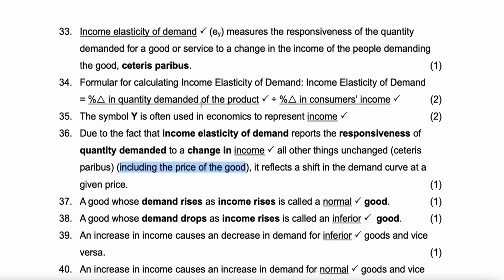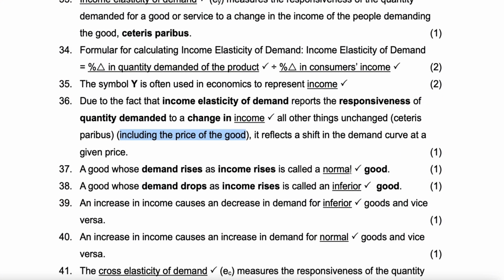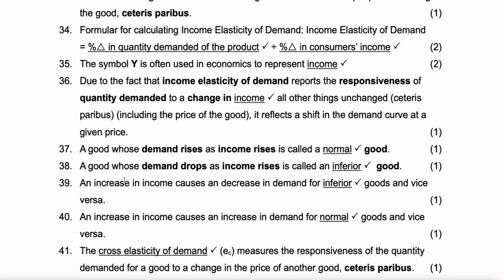Now, a good whose demand rises as income rises is called a normal good. A good whose demand drops as income